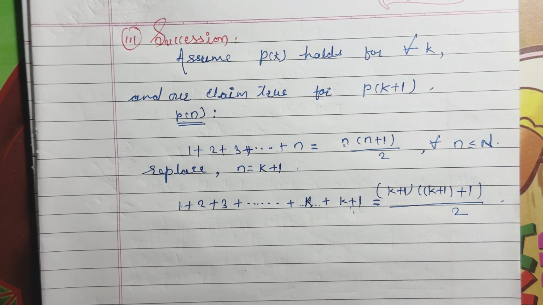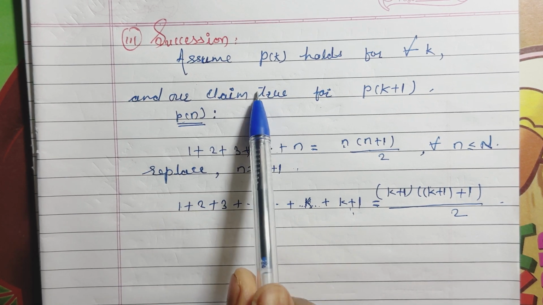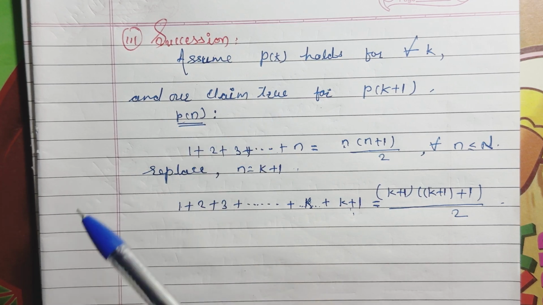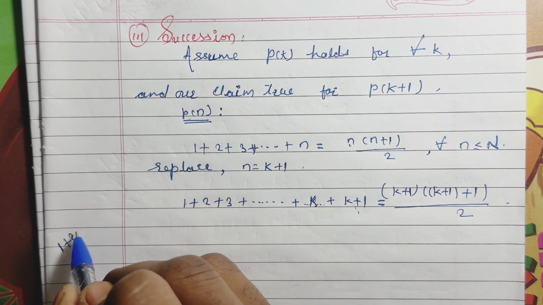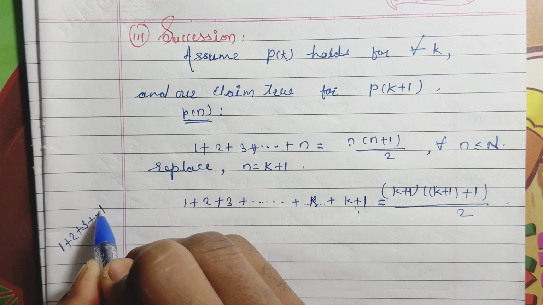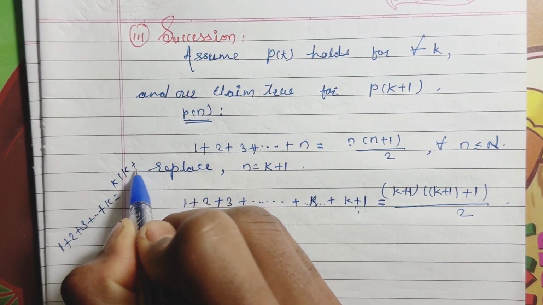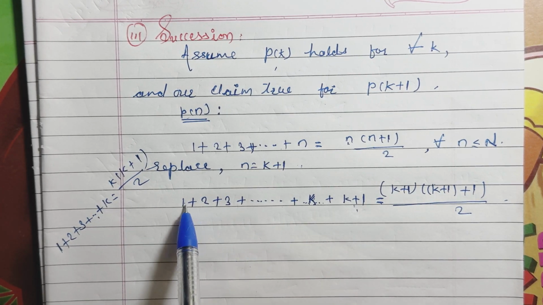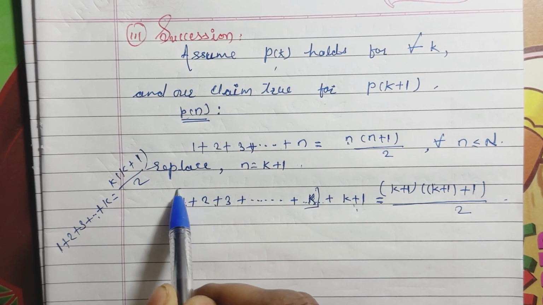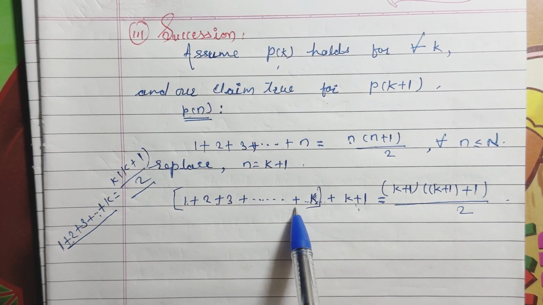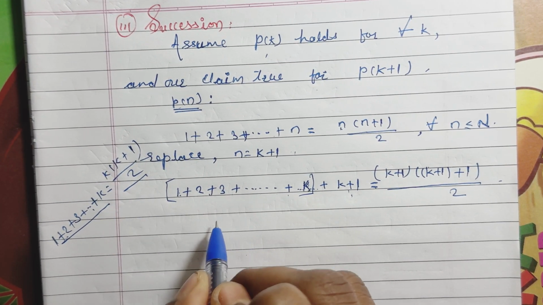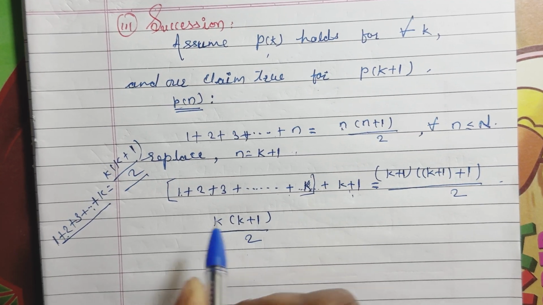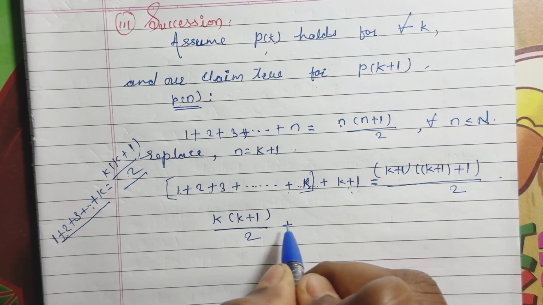Now by assumption we proved our statement holds for P of k. P of k says that 1 plus 2 plus 3 plus up to k is equal to k into k plus 1 divided by 2. This one we assume for P of k. So replace this assumption over here: k into k plus 1 divided by 2, plus